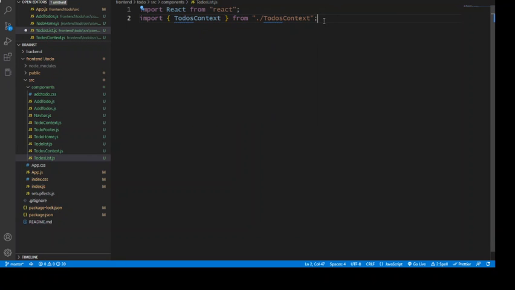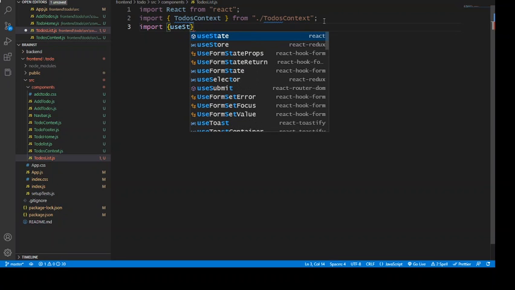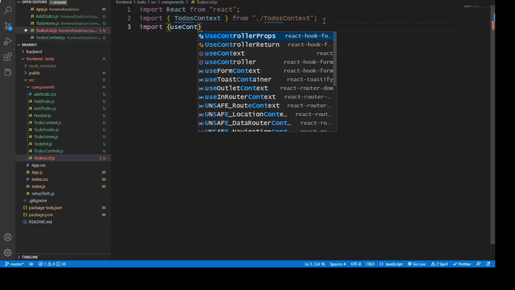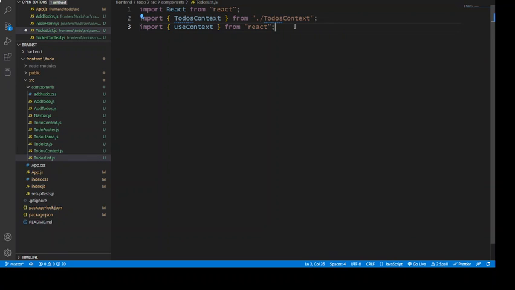I don't have to make a mistake this time. TodosContext. Then we'll import useContext. I don't think we'll be needing useState. Yeah, I don't think so. Okay, so now let's export